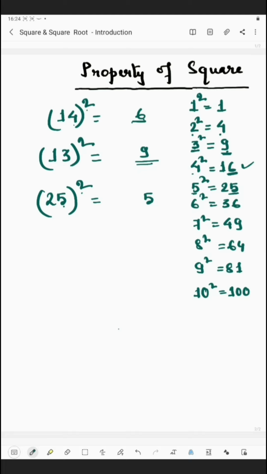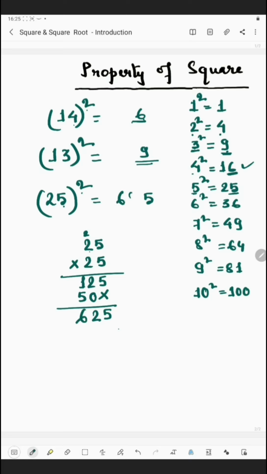Now if you want to check whether the digit at unit place is 5 or not, we have to find the square of this number. So the square of 25 is 25 multiplied by 25. So 5 fives are 25, 5, 2 carry. 5 twos are 10, 10 plus 2 is 12. Then 5 twos are 10, 0, 1 carry, 2 twos are 4, 4 plus 1 is 5. So 5, 2 plus 0 is 2, 5 plus 1 is 6.